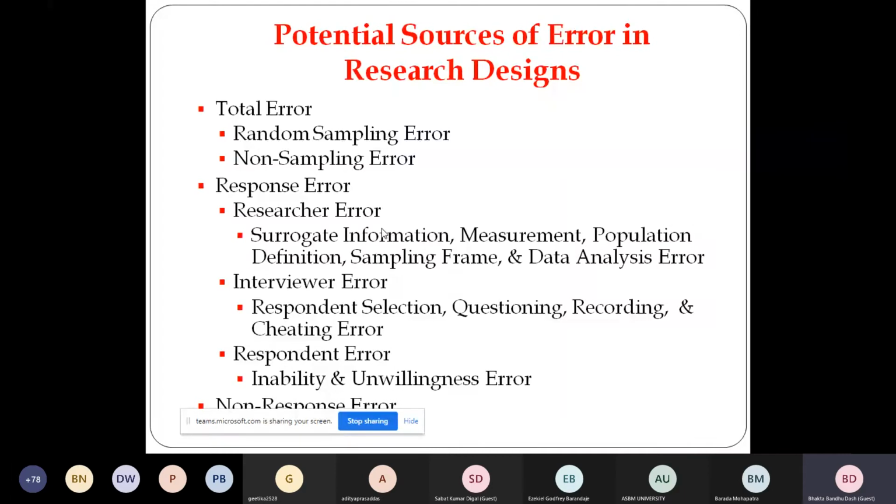Even though you are using random sampling tools, sometimes you cannot guarantee that whoever will be your sample, they are appropriate, because it's a kind of blind analysis. Yes, some strategy you are adopting, but the cases you are getting are unintentional in nature. If there is any sampling fault at that point, that is called a random sampling error. There are certain response errors, and the response errors are basically the researcher errors. What are the researcher errors?